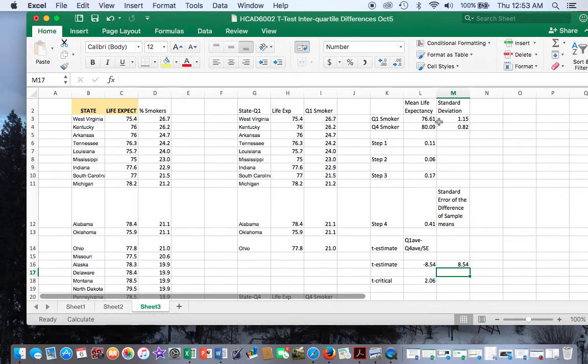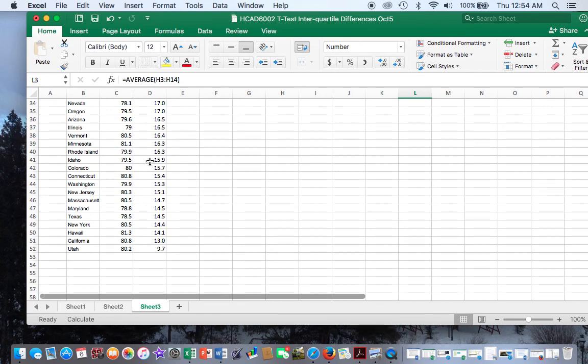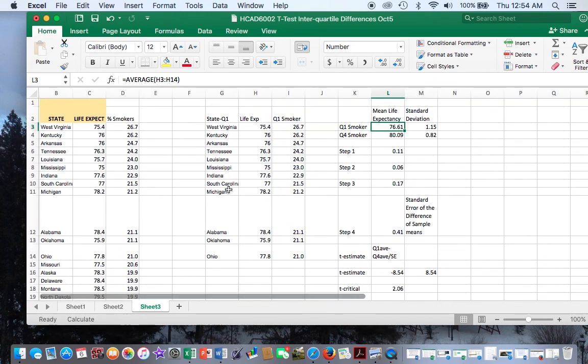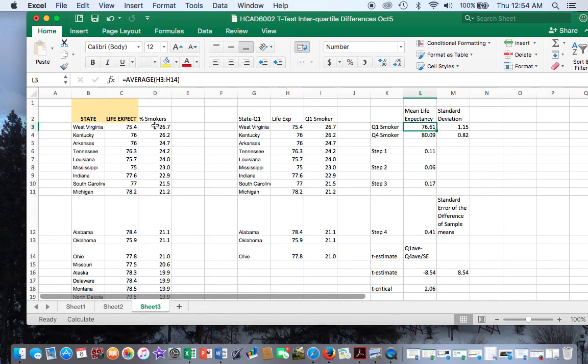So we would reject the null hypothesis of no difference, and we would say that there's a significant difference between the length of life of the low smoking states at 80.09 compared to the high smoking states at 76.61. If you wanted to, you could also look at, in the causal variables, whether there is a difference between the smoking rates, which range from 26 to 21% in the high states, compared to the low states, which range from just under 16% to just about 10%. I think you would find similarly that there's a difference there. So at this point, you would be able to say that you reject the null. You could do the scatter plot of where the smokers